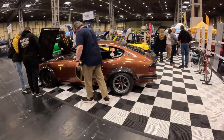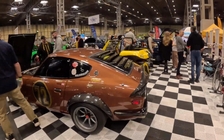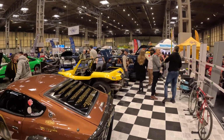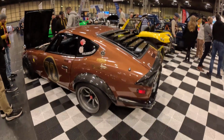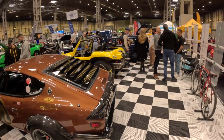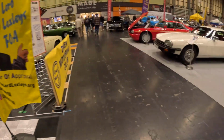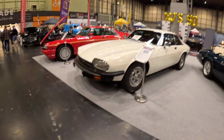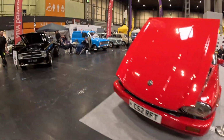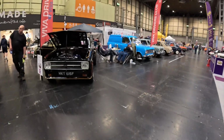And then we've got a friend of the channel. We've got Auto Anonymous. So Sham Lord Loxley. There he is over there. He's busy. He's always got people around him. So I'm not going to try and talk to him. But he's got a really nice stand this year. This lovely chessboard pattern, but a nice selection of cars. So we'll catch up with him at a meet-up in the summer, no doubt. More stuff to look at. So all the XJS is there, and then we've got a load of